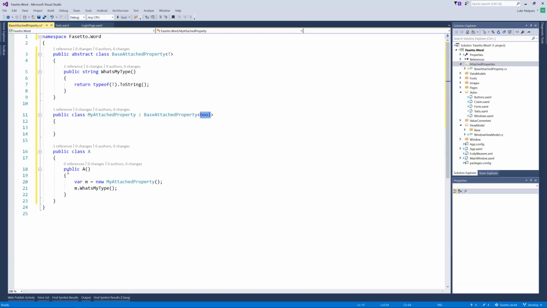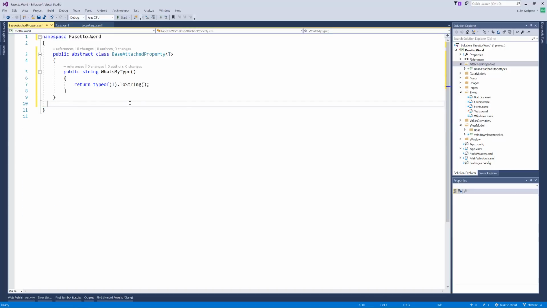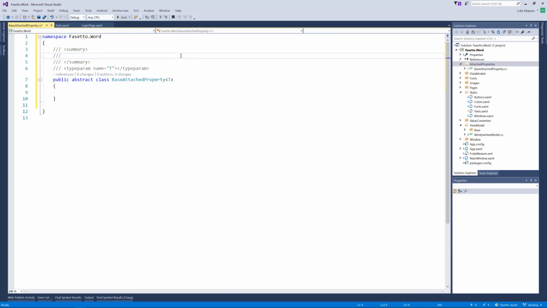Again, I'll do a specific video on generics, but that's what we're doing. The reason for passing in an unknown is so that we can do things with the parent, and then the parent can simply inherit from it and get the added benefits. So it'll become more apparent now. Let's give this a description. So a base attached property